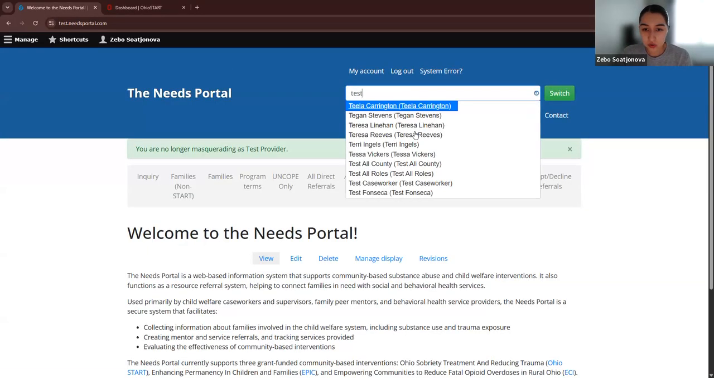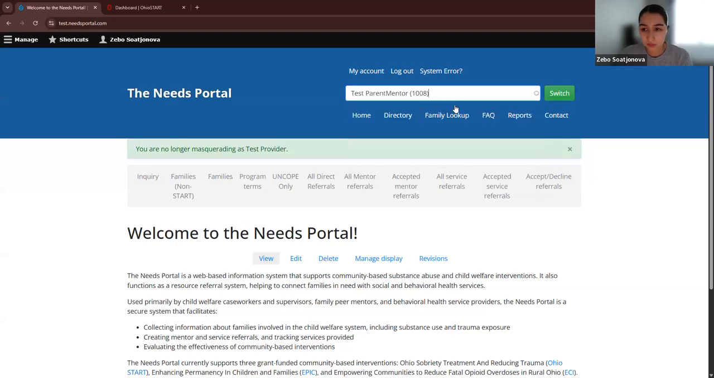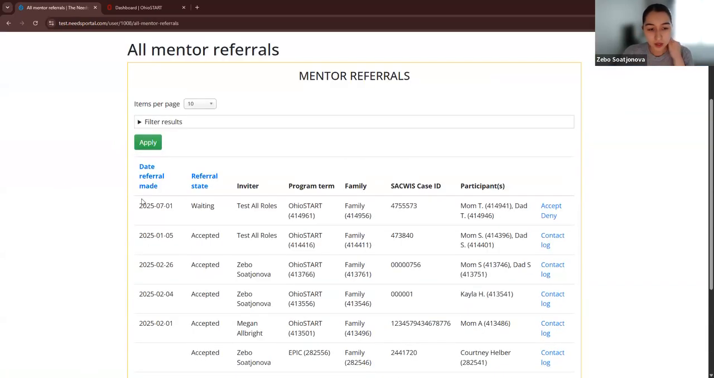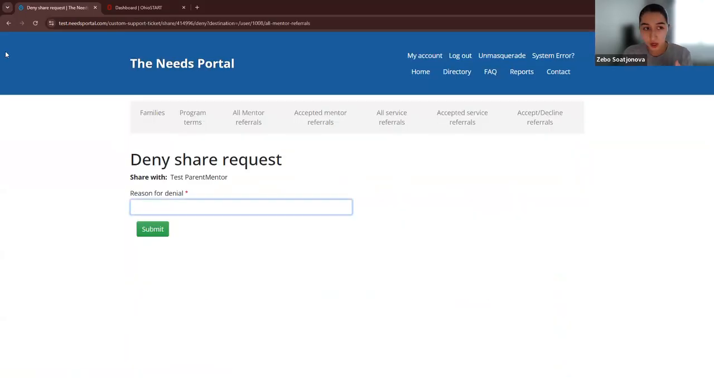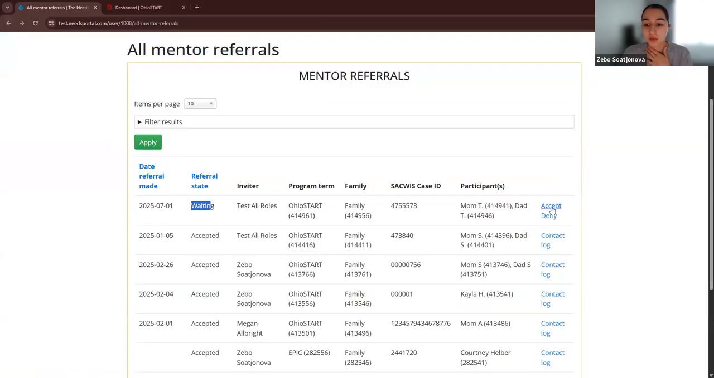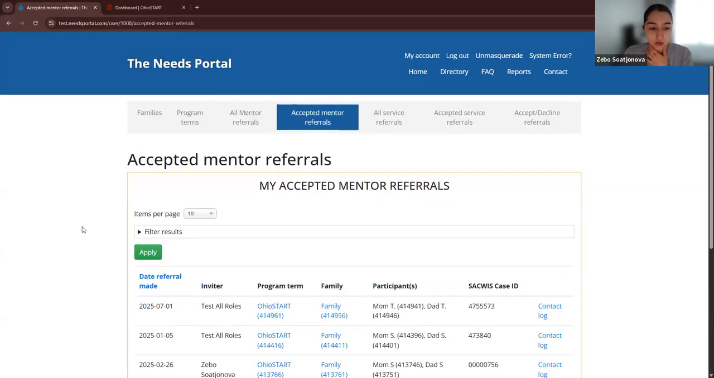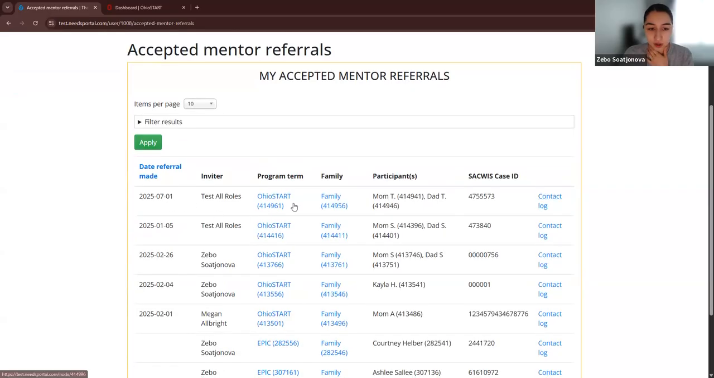And then we'll switch roles to the mentor. So the family peer mentor is very similar to the caseworker side of things. They have the same tabs, but to access all of the mentor referrals, you will go to the all mentor referrals tab, and you'll see the one that I made out is currently waiting. If you do need to deny, you have to have a reason for denial, but usually that doesn't happen. So we'll accept,